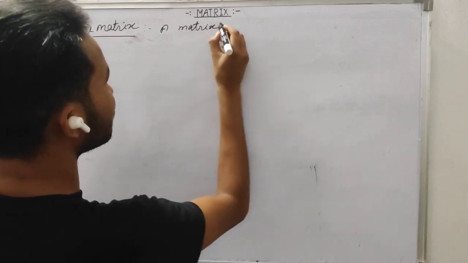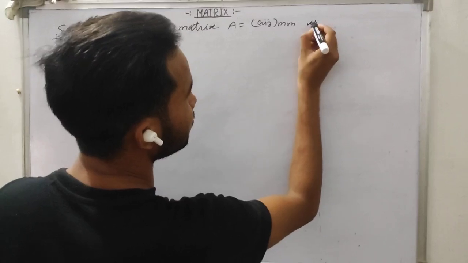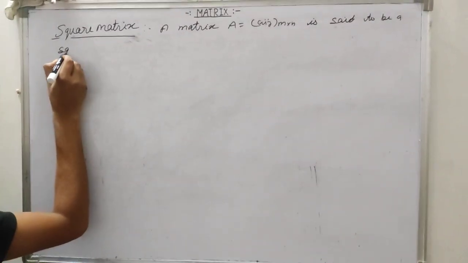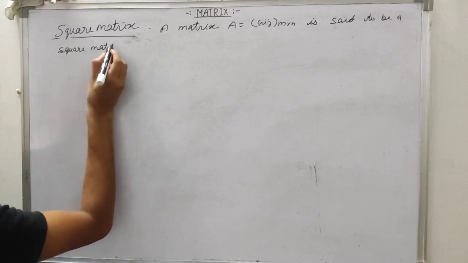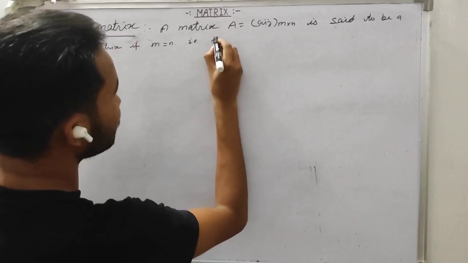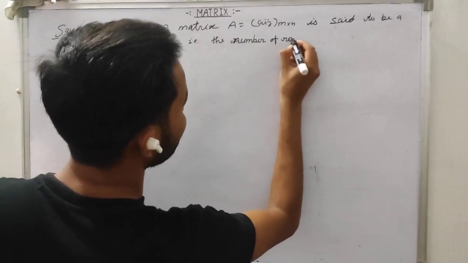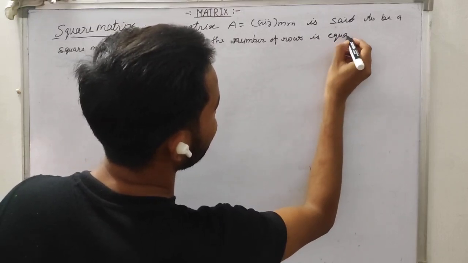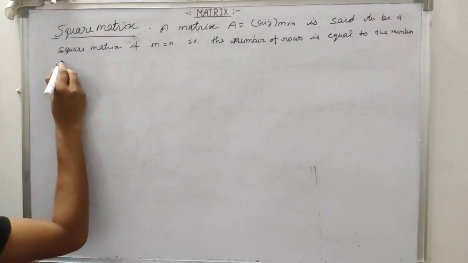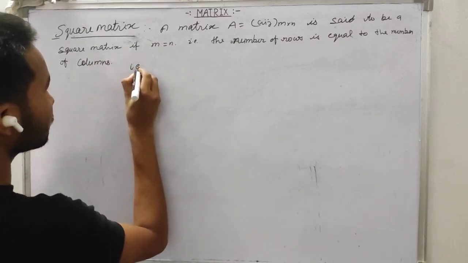A matrix A equals Aij, m cross n, is said to be a square matrix if m equals n, that is, the number of rows is equal to the number of columns. That is, A is equal to